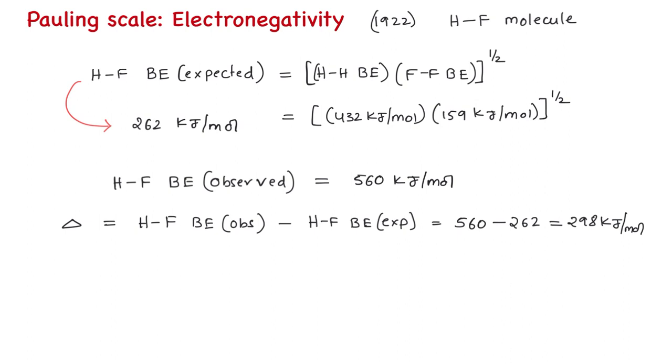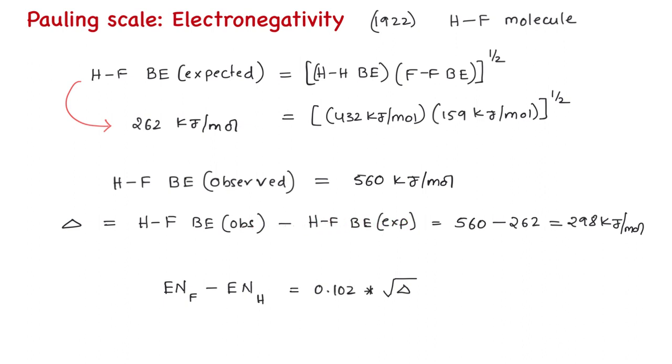He used the following formula: the electronegativity of fluorine minus the electronegativity of hydrogen is equal to 0.102 times square root of delta, where delta is HF bond energy observed minus